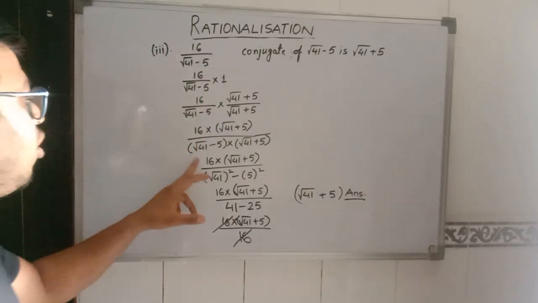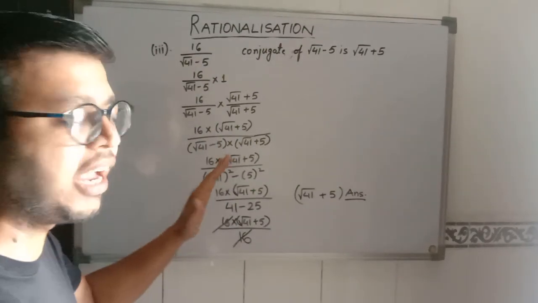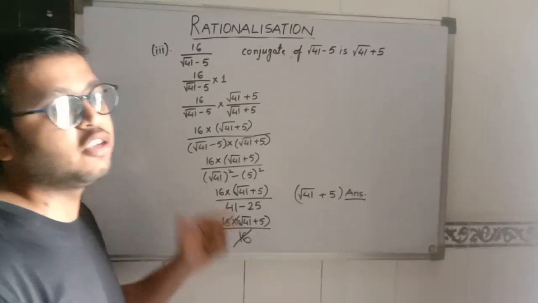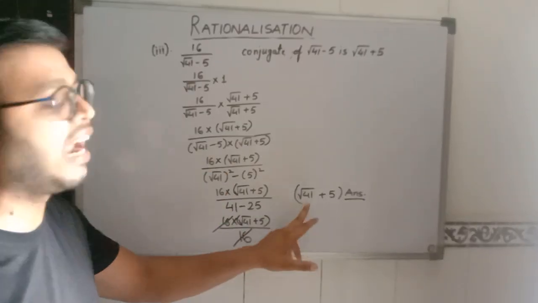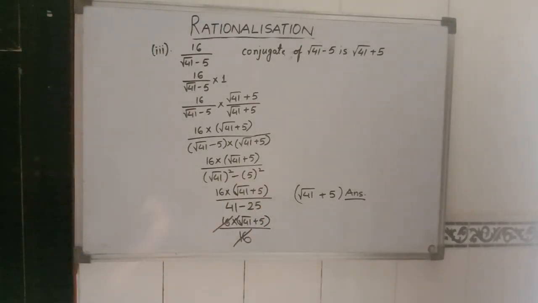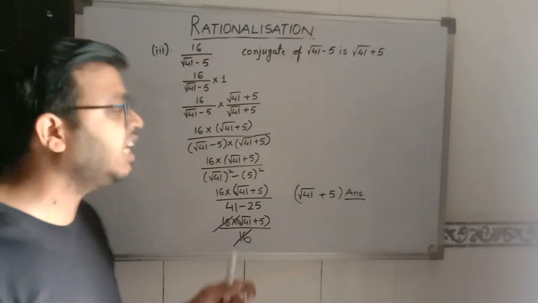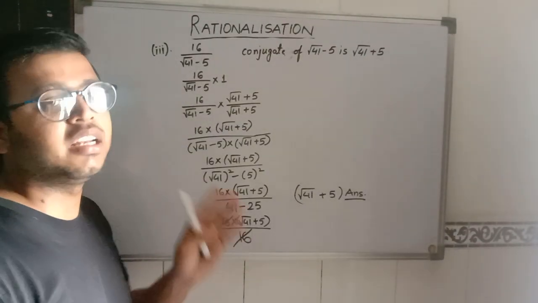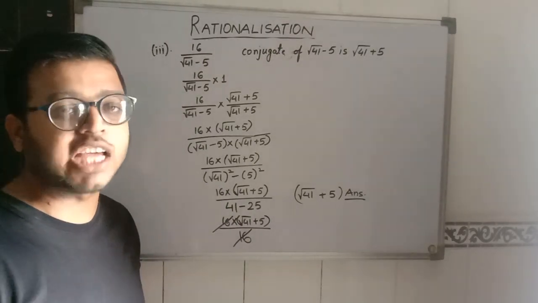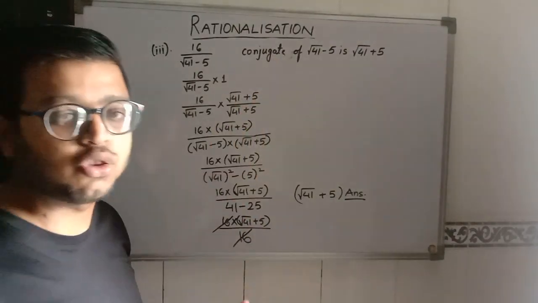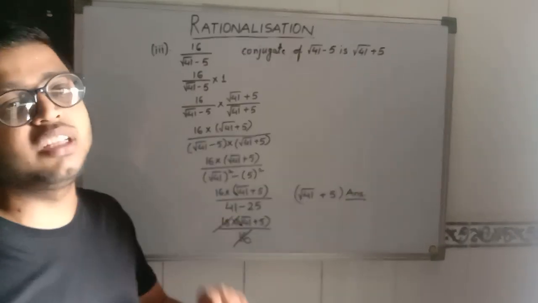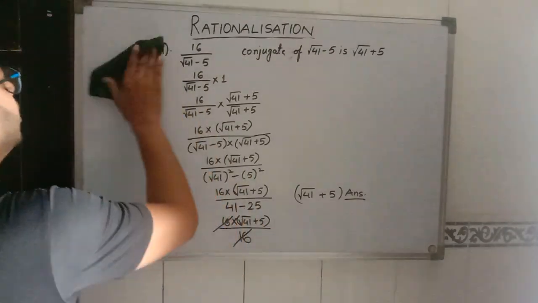So sometimes you cannot multiply this number by this, because if you have multiplied, then when the 16 comes in the denominator, you have to take 16 common again, then you have to divide, because you have to leave your answer in the simplest terms. As much as you can simplify, you have to do. So in these questions, always remember that when there are two numbers written in the denominator, either both are irrational or any one of them is irrational, then you have to use the method of conjugate. What is the conjugate? The conjugate is the term which is made by changing the sign between the given numbers.